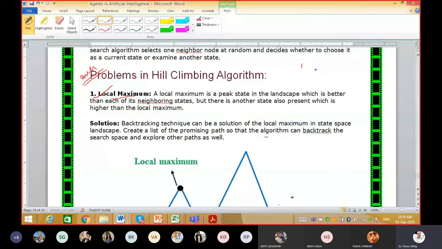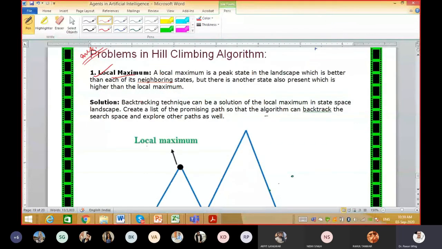So what is the solution of this local maxima? How to solve this kind of problem? For that, you need to use backtracking. See, if you do backtracking, maybe you can find another hill. After that you have to do the backtracking and do the forward tracking again. So this is the only possible solution to check whether you reached the local maxima. Although we are not using backtracking, if you want to get a solution, you should backtrack to avoid this local maxima.